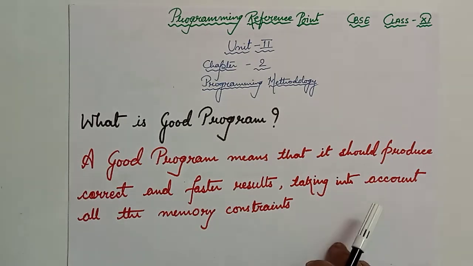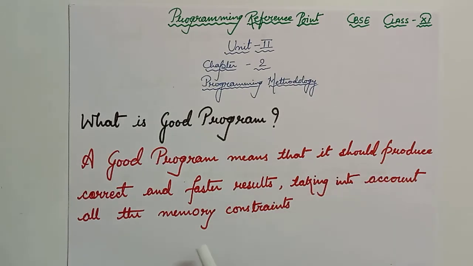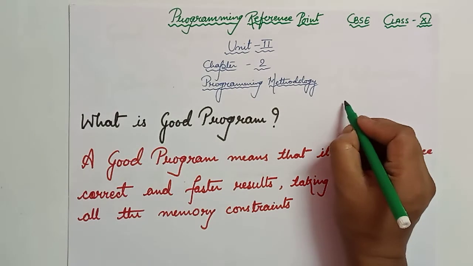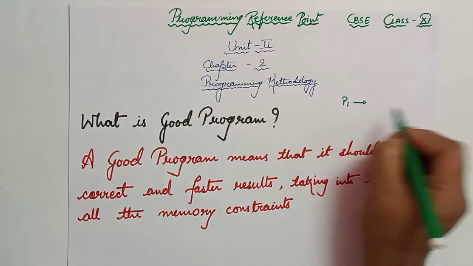Okay, now let us see what a good program is. A good program means that it should produce correct and faster results taking into account all the memory constraints. Okay, to understand this one, let's take an example. Let's say there is a program one has written. Okay, let's say this program one takes